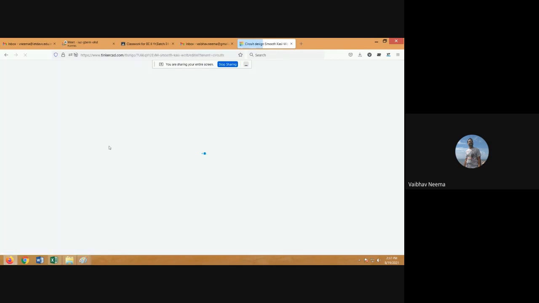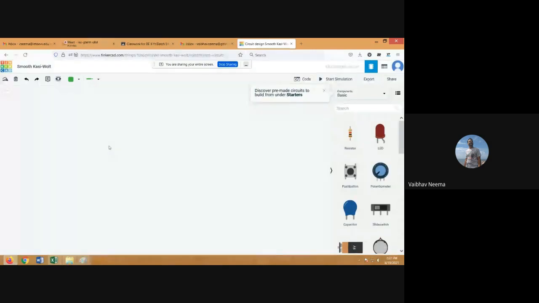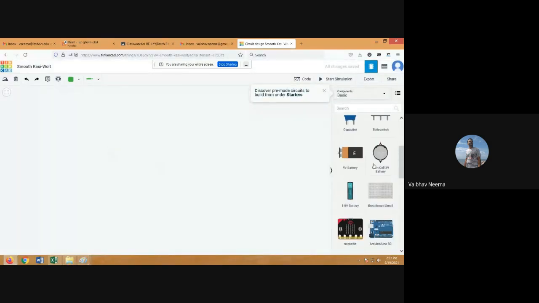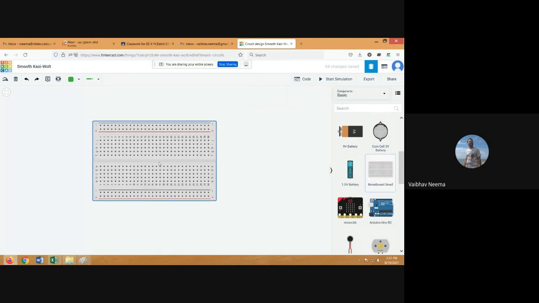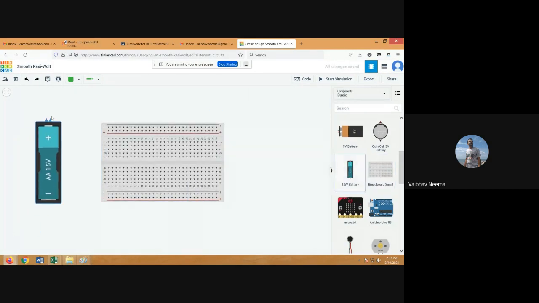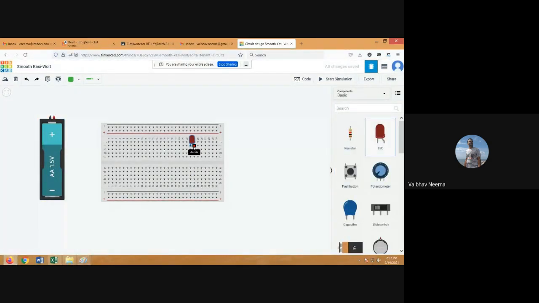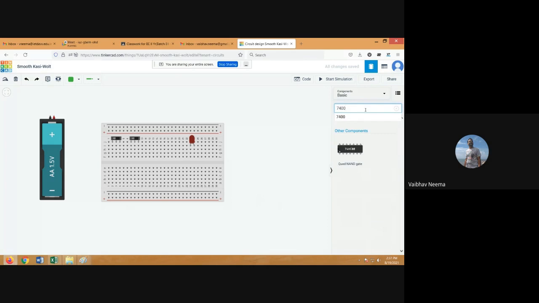First we'll click on create a new circuit, and now we select what we require to perform the NAND gate experiment. We require a breadboard, a battery, an LED, and two switches. One switch is for input 1, because it is a 2-input NAND gate, and the second switch is for input 2. We also require the 7400. If you are not able to find the 7400, just search for 7400. It will give you the list of available ICs. You select this IC and put it